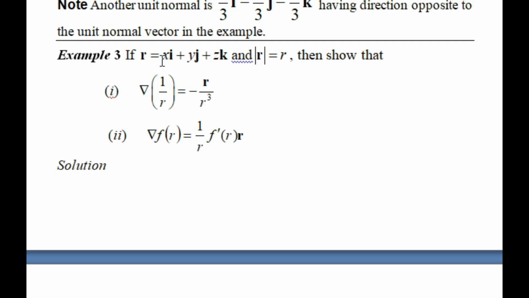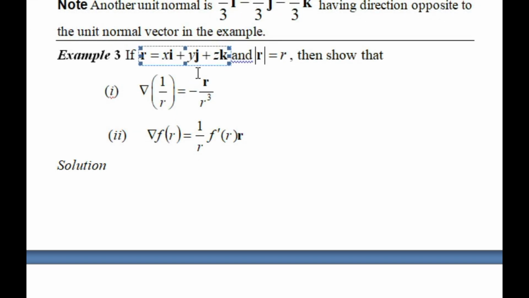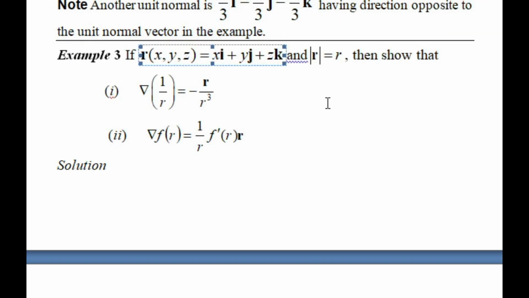Suppose we are given the vector field r. This is not simply a vector, this is actually a vector field. Why is this called a vector field? Because even though I simply write this as r = xi + yj + zk, this is actually r of (x, y, z), and that is equal to xi + yj + zk, a vector valued function. And it is given that the absolute value of the vector valued function is r. Then we have to show that